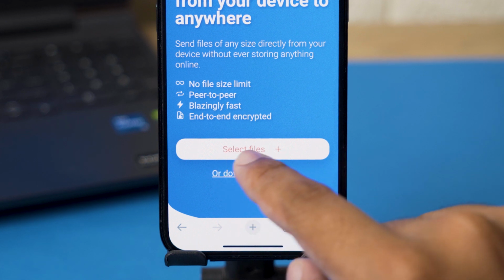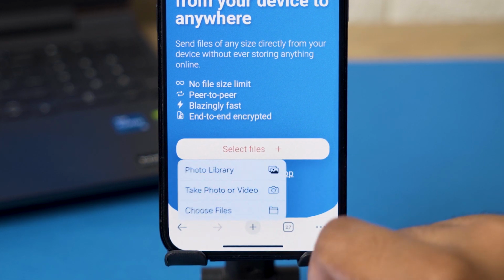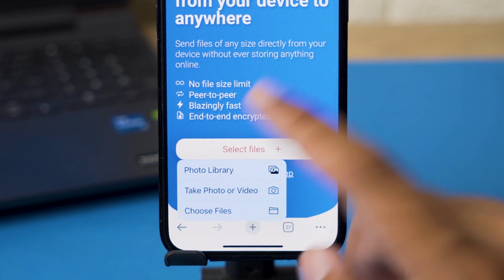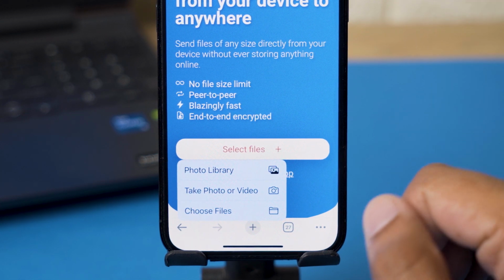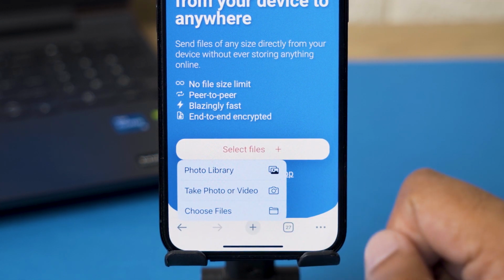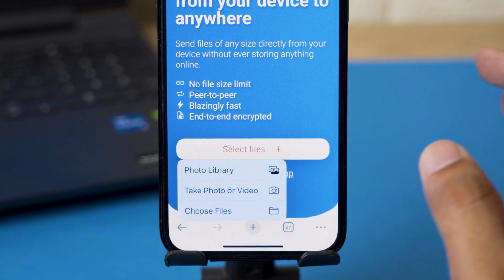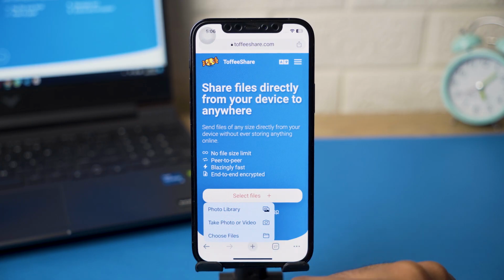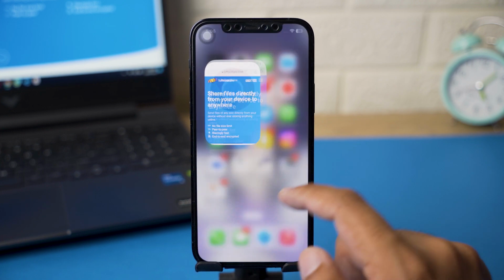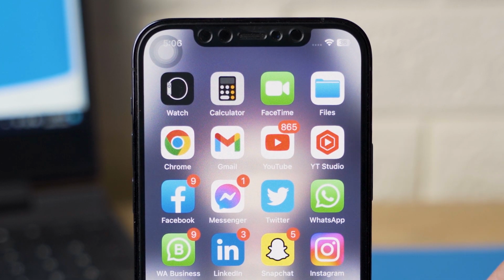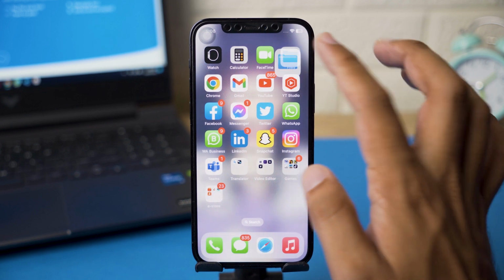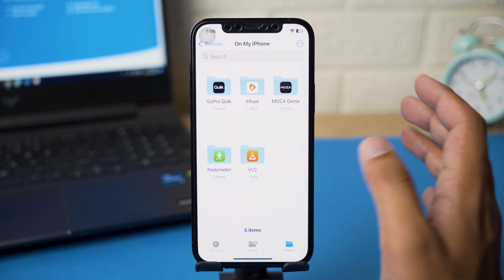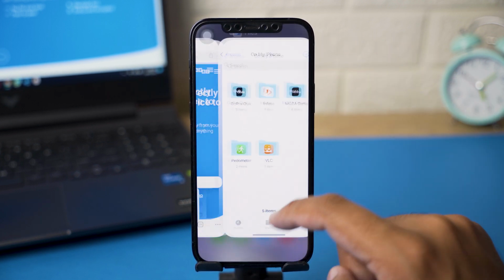So here you're going to have a select files button. Press on select files. If you want to transfer your photos, videos to your Windows PC or laptop, you can select photo library. You can directly take photos, videos, or if you have files in your files folder, you can select files from there. If you don't know, the files folder is this one right here on the top right side. If you select it, if you have any folder or files in this, you can also share using the Toffee